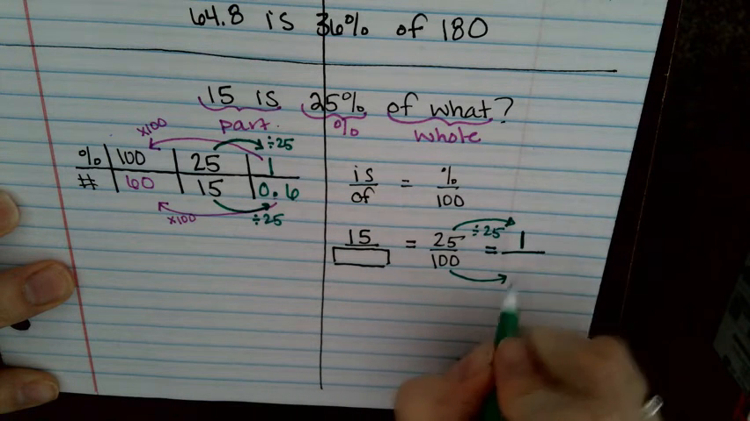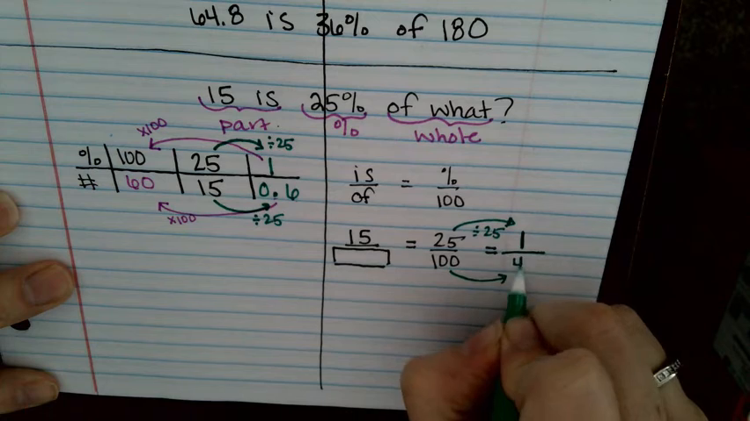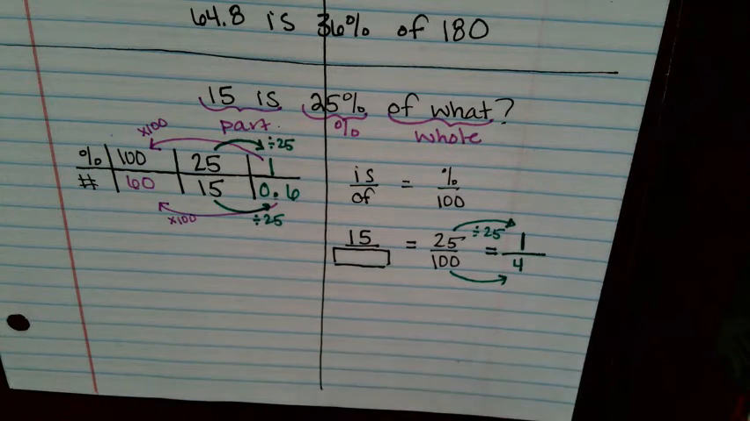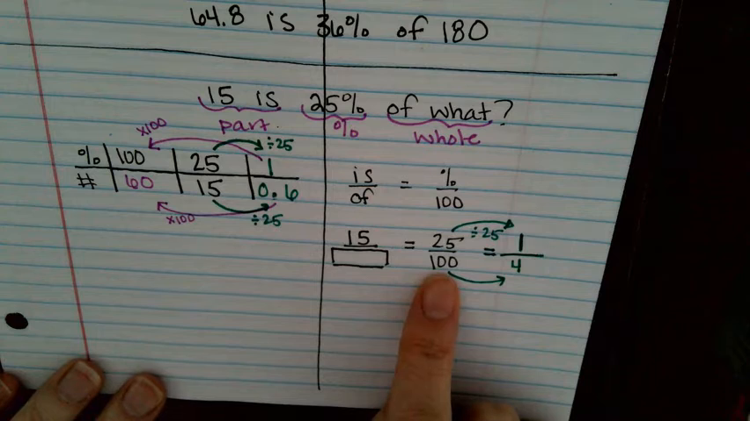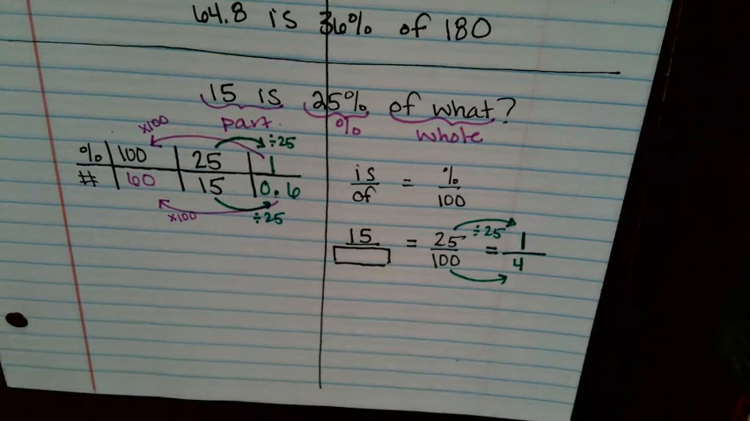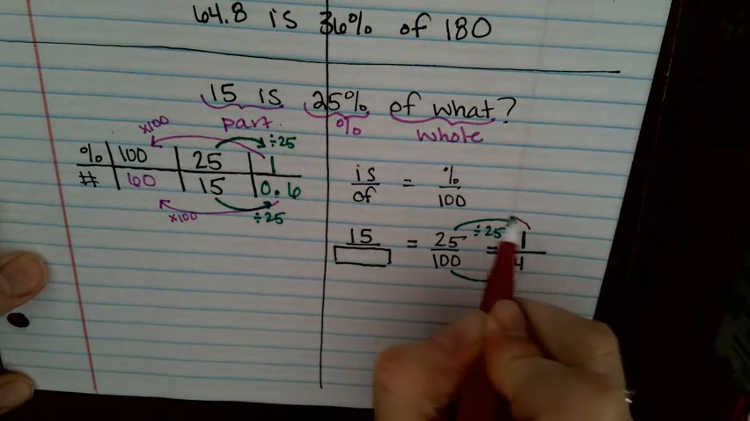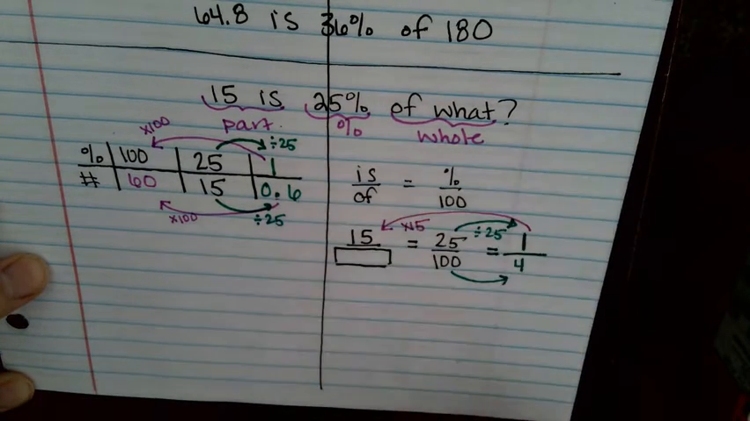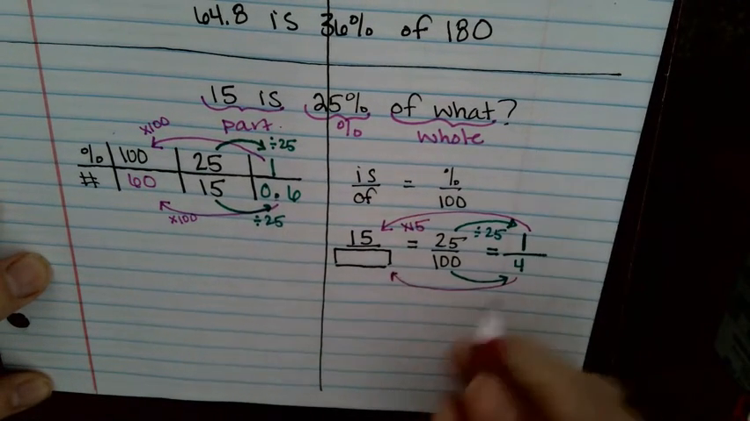And 100 divided by 25 is 4. Okay? Then I can say, all I've really done is simplify this fraction. Did you see that? I kind of simplified it. I'm going to take 1, and I got to get all the way to 15. What do I multiply 1 by to get to 15? Times 15. And 4 times 15